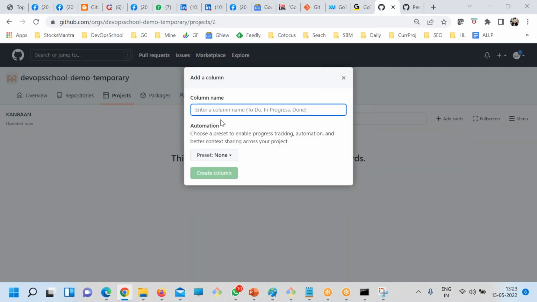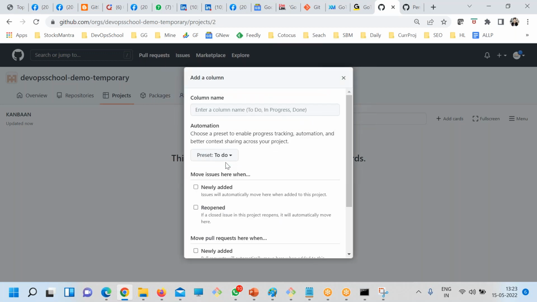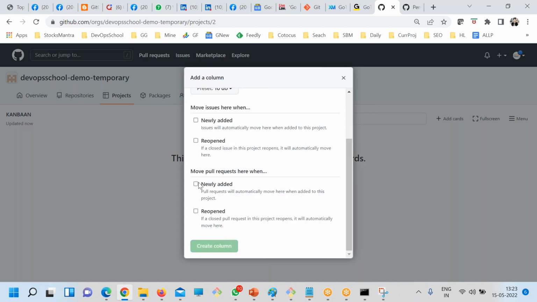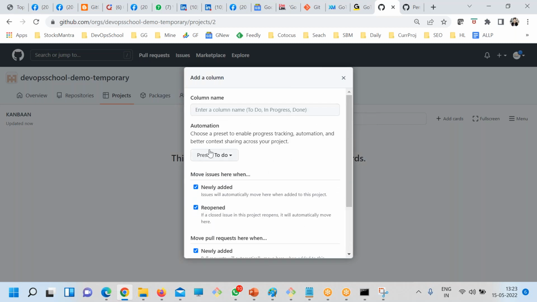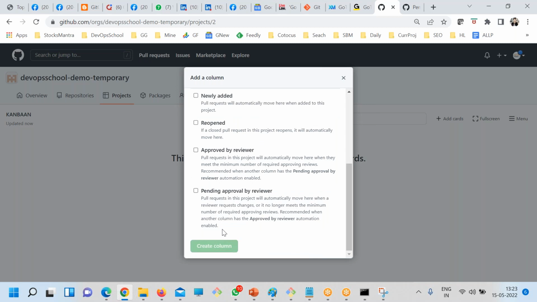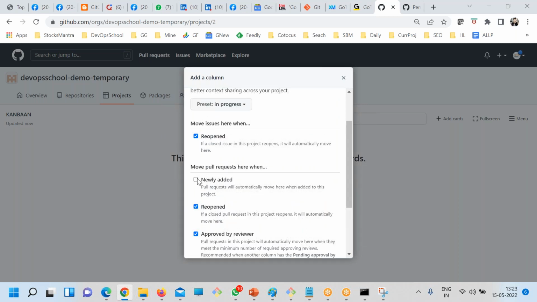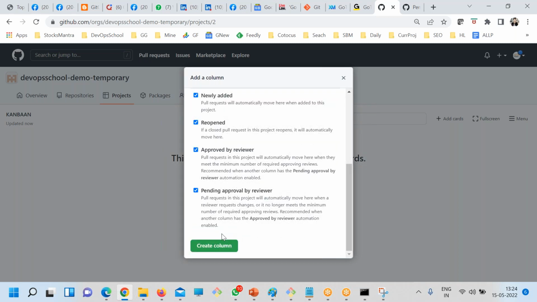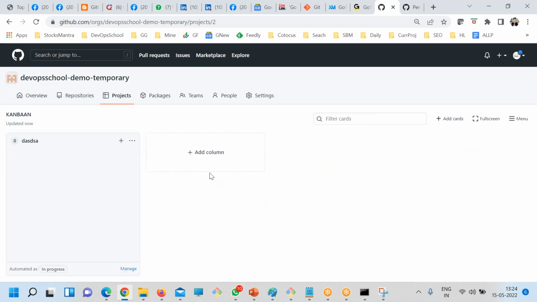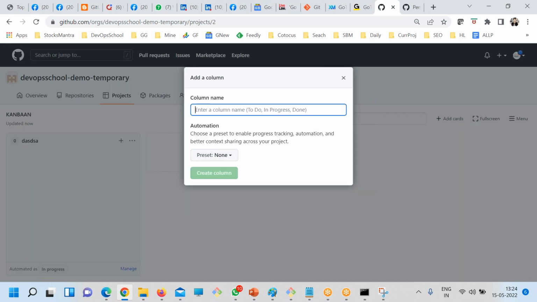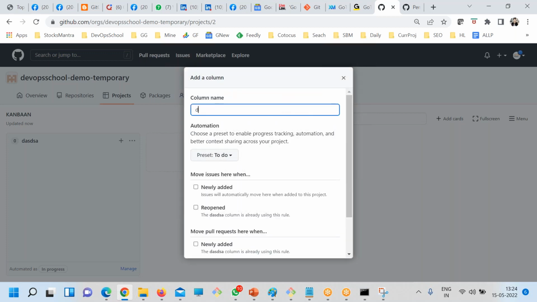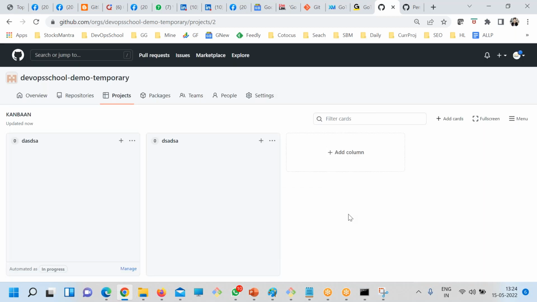Now here you see add a column. Select this existing to do. All this thing you have to. There was column name and done. So like this, you can add all these columns. Okay. Add more columns, to do. I'm just checking out so fast. Okay, like that. So let's say this is a to do. This is